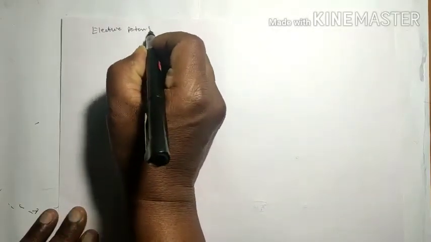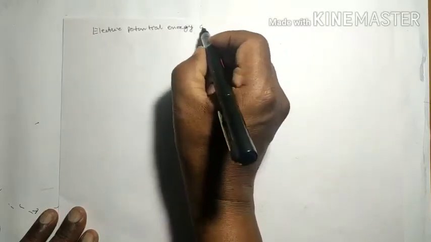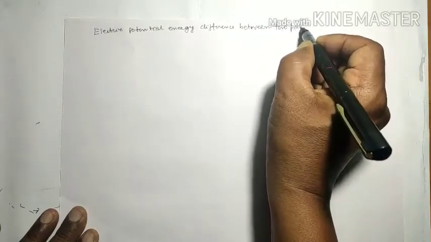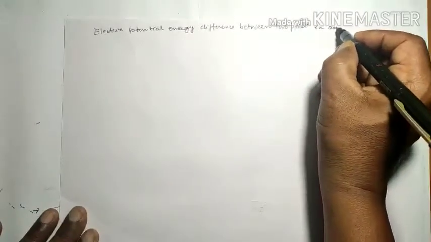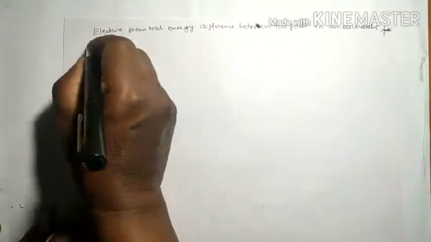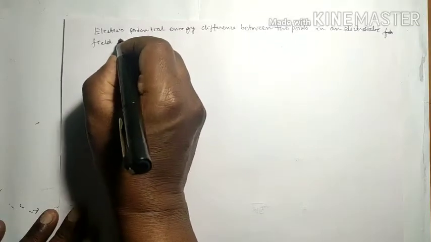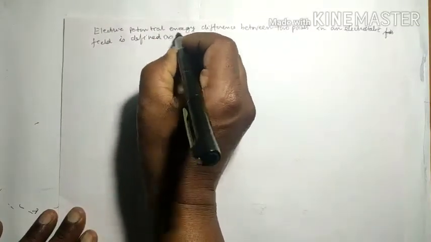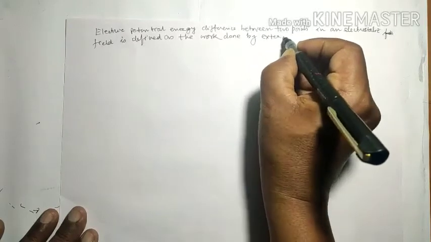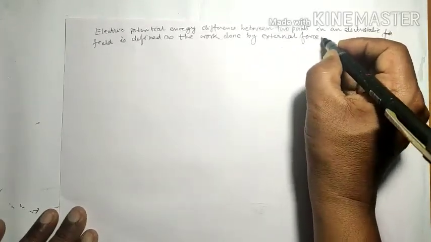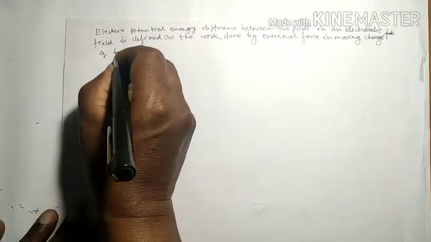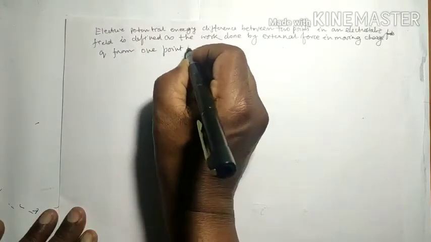Electric potential energy difference between 2 points in an electrostatic field is defined as the work done by external force in moving charge q from one point to another,